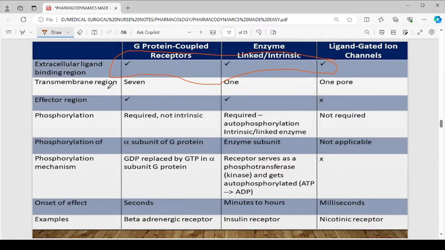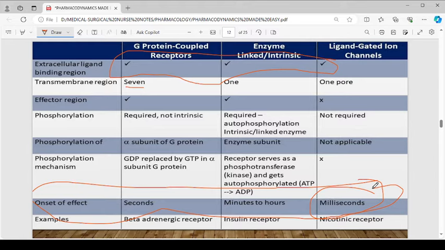For the transmembrane region, for the G protein-coupled receptor, we have said there are 7 for that case. And phosphorylation is required, but it's not intrinsic. Then we have an alpha subunit of G protein. In terms of onset of action, out of the three, ligand-gated channels are the fastest, okay? We'll have a quicker response in these ligand-gated ion channels, followed by the G protein coupled,